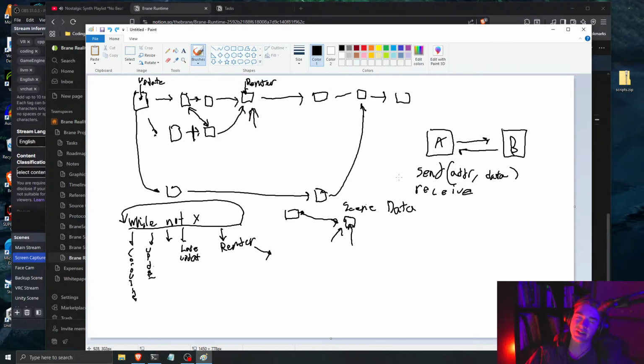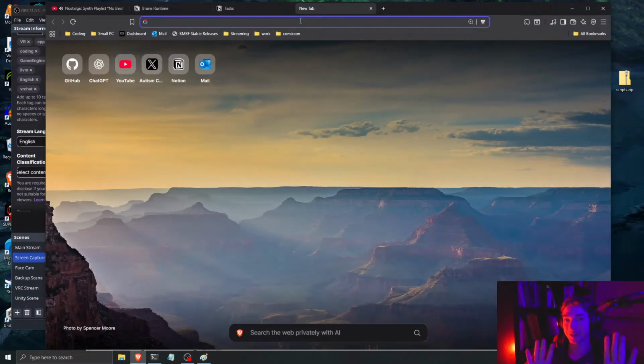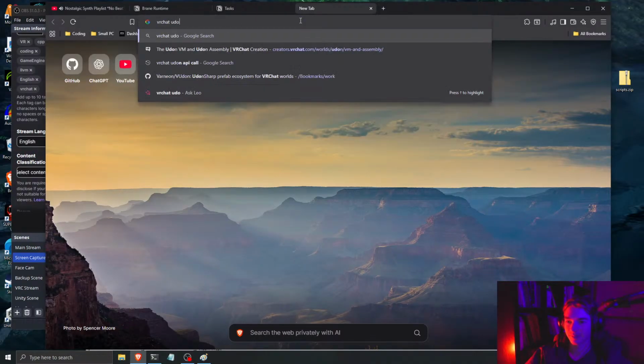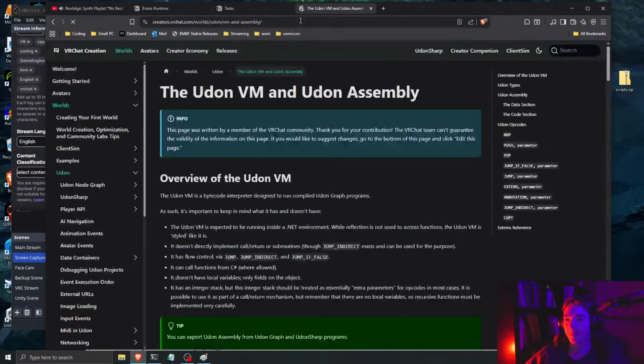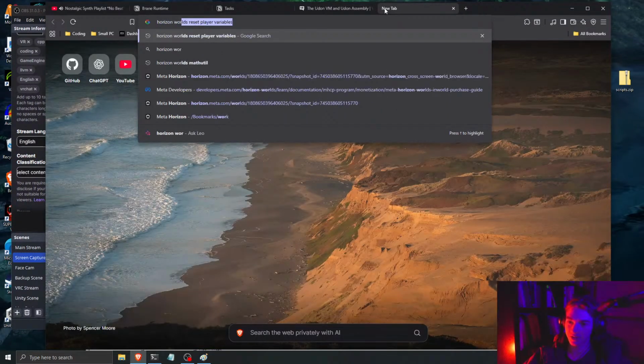So, when I said that when dealing with user-generated content systems, we deal a lot with actor model style things, if you look at VRChat Udon, and no, don't worry. We're already significantly faster than the Udon VM, so don't worry. I'm not actually taking inspiration from Udon. I'm detecting a pattern. And also, Horizon Worlds